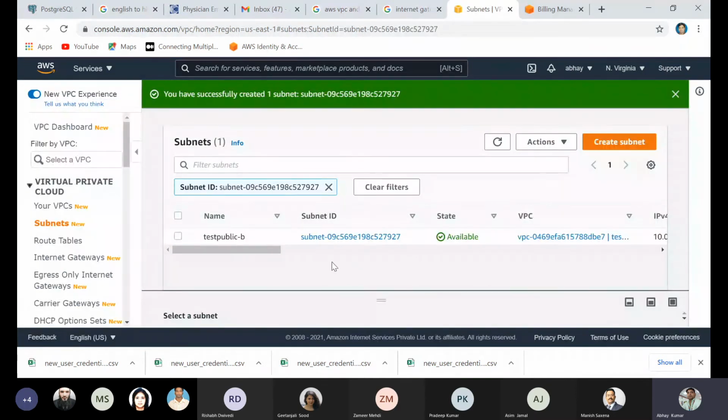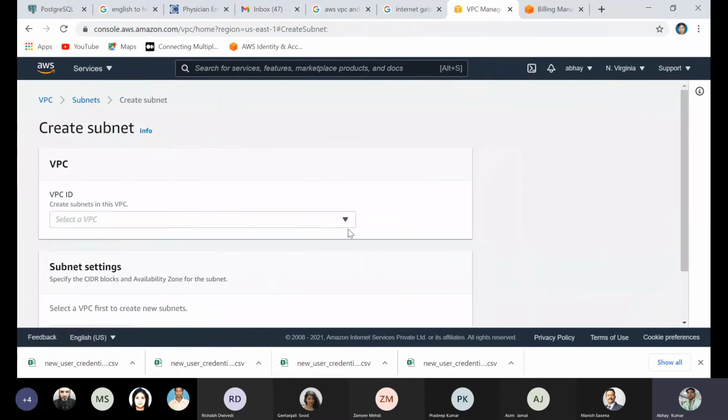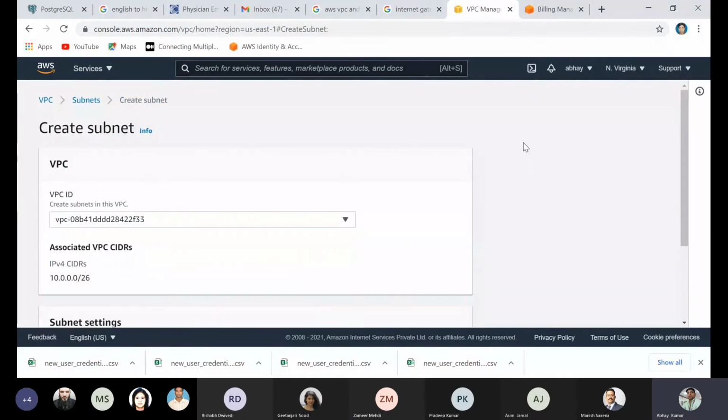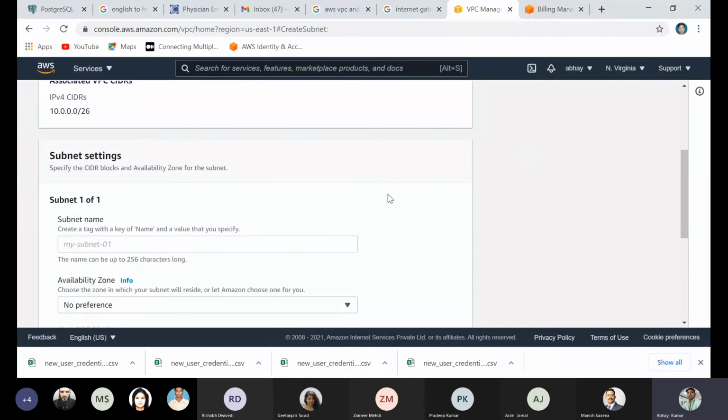Okay, so it's created. We have created one public and two private, so we need to create one more public, because two public and two private are required. So test subnet.